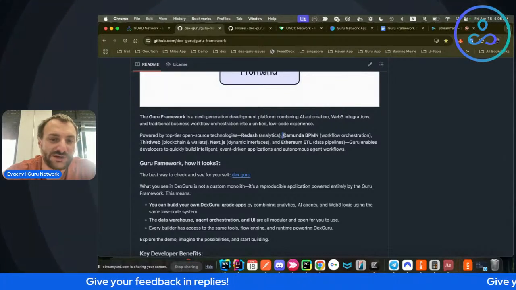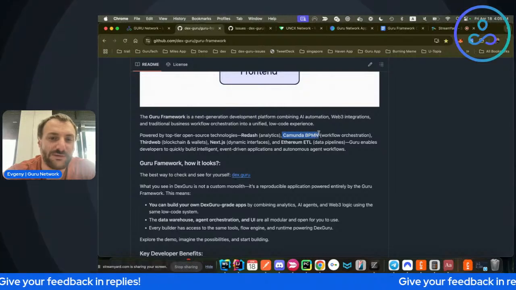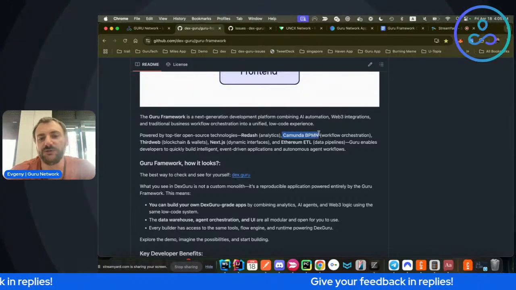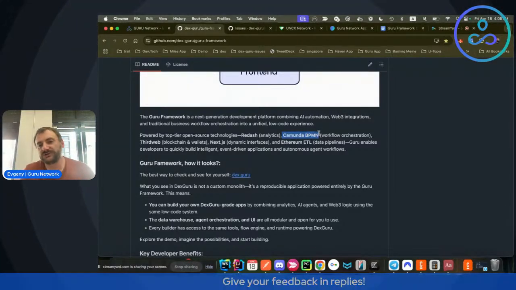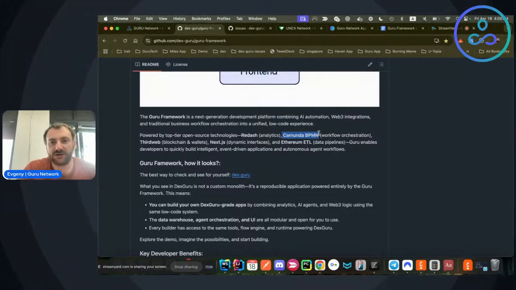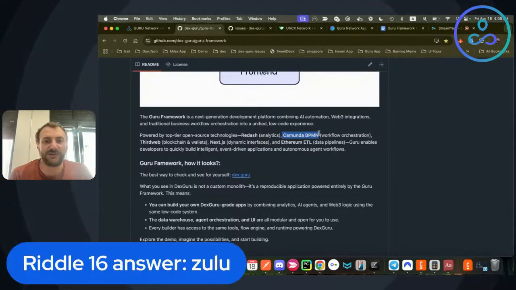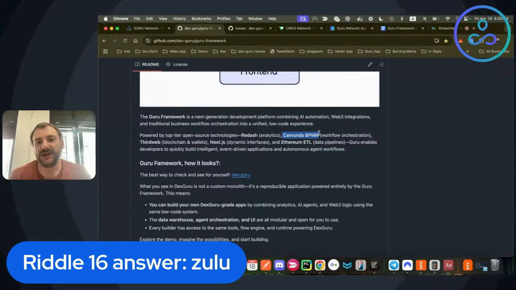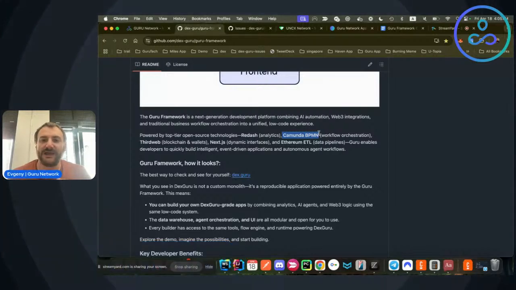Then another product which we incorporated in the framework is Camunda BPMN, which allows you to create those user workflows where you specify what users can do, how it's all connected to the data sources, to different microservices it can reuse, and to AI agentic interfaces.